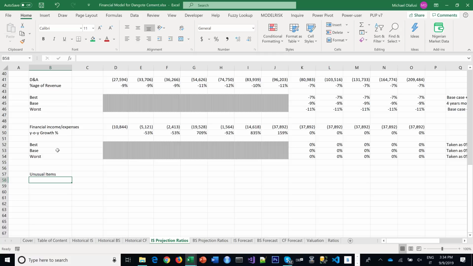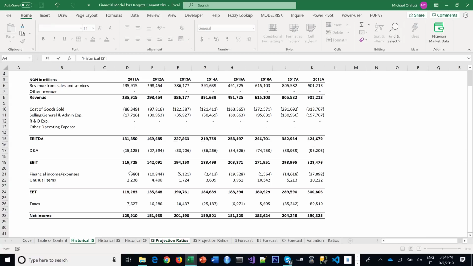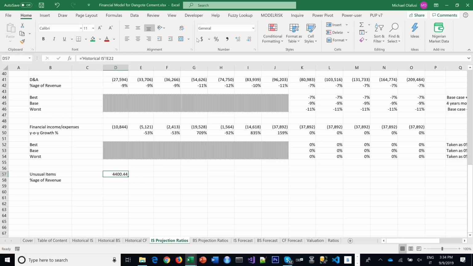So a bigger business will typically have a larger value in these things compared to a smaller business. So I buy that explanation, and I can decide to use percentages of revenue. I pick the value from historical, drag into the future,